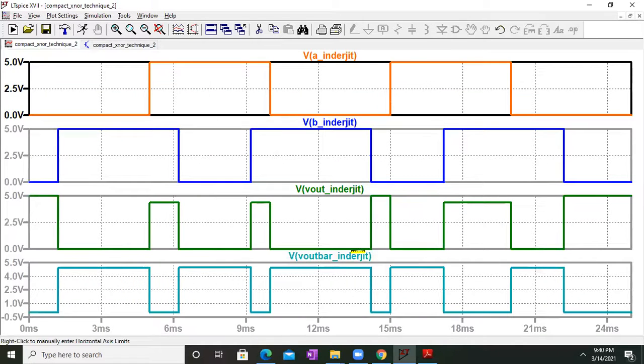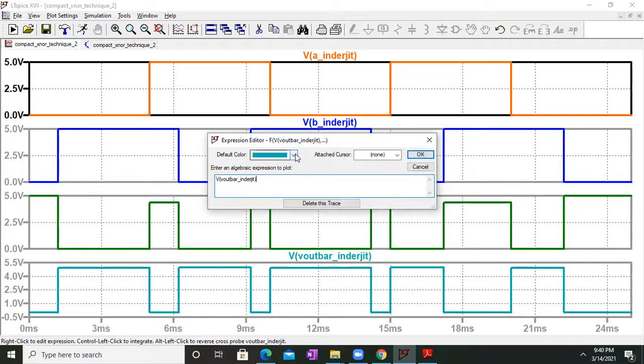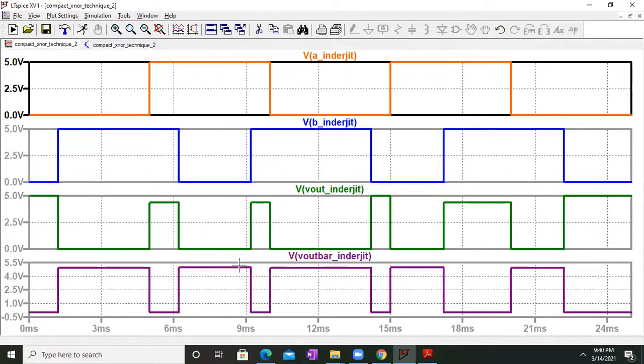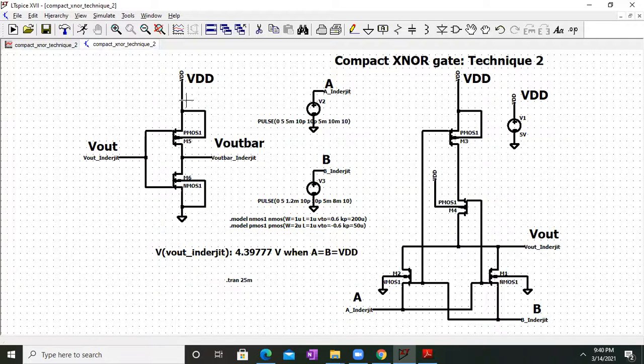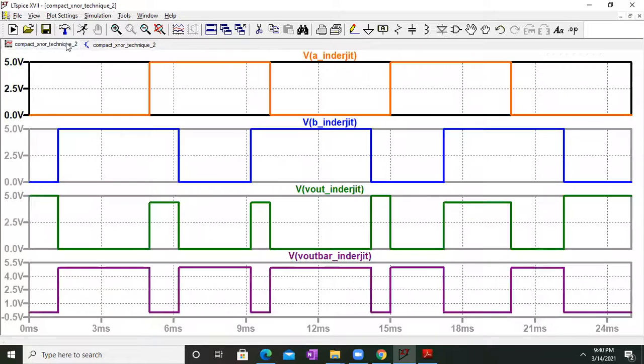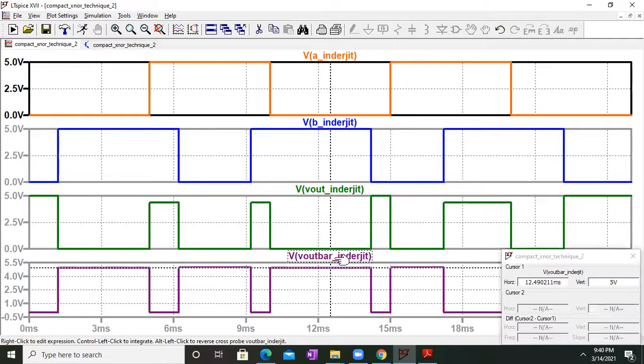So what I was saying was it is changing the functionality. Earlier it was acting as an XNOR. Now it has become XOR. So you can clearly make out it is exactly opposite of whatever we got as V out. So just by adding an extra inverter, we are changing the functionality of the circuit from XNOR to XOR. Now V out bar will give us the XOR output, but here we see we get a very strong logic